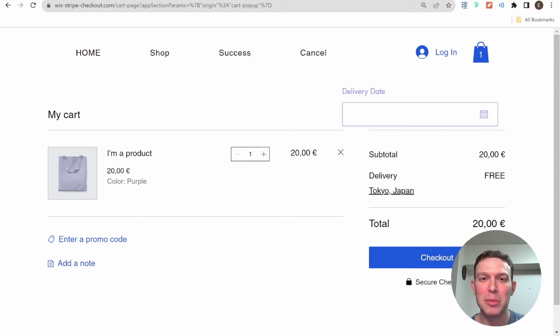In this tutorial, I'm going to be demonstrating one approach for how to require the user to submit a certain piece of information before checking out their cart using Wix Stores. And in this example, we're going to be showing how to request a delivery date before allowing the person to